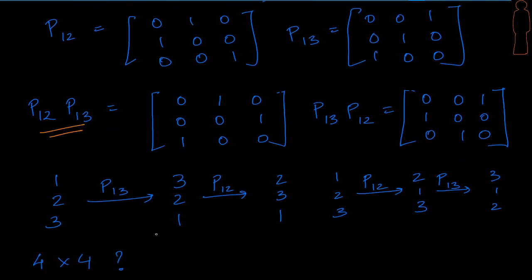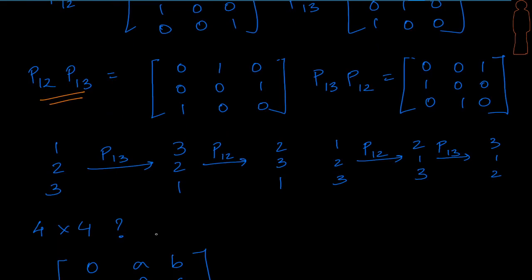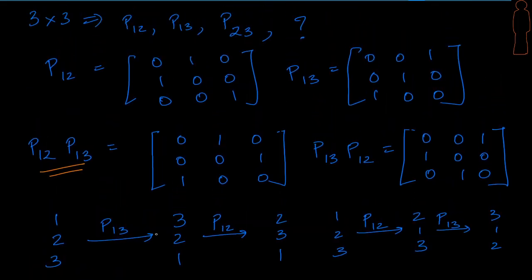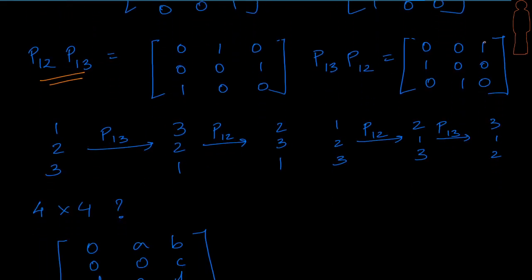So how do I figure out for 4 by 4, right? Is it really possible that we can go for 4 by 4 and keep calculating? So the way to argue this is that if I fix my first row, what are the different permutes that can come? The first row can go to any of the resulting products' n positions, which means the first row can go to the first row, or second row, or to the nth row. That means the very first row can go to n positions.